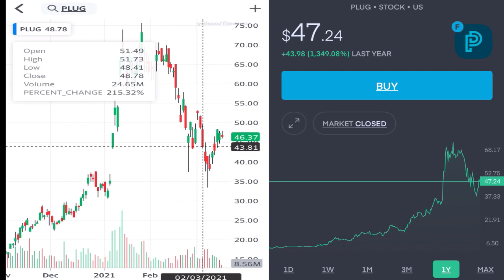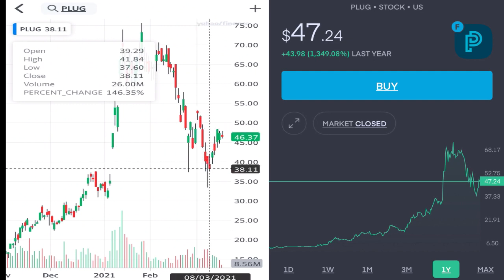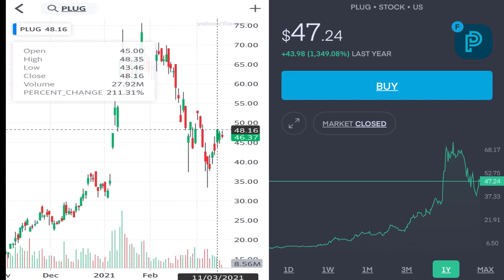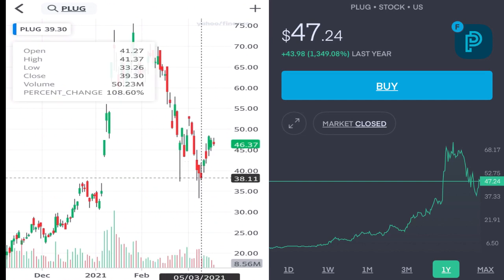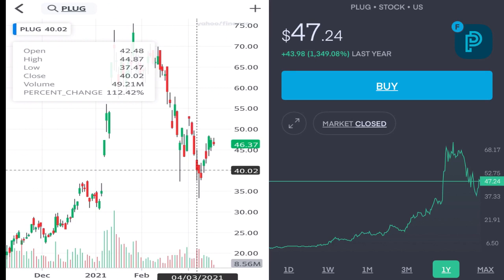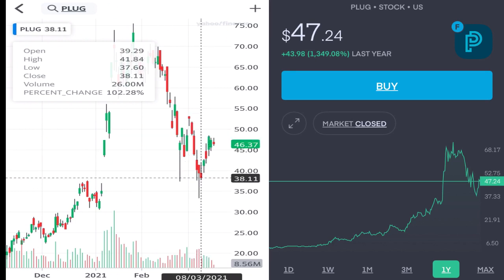But since around here, we've seen quite a bit of a pullback, and it's gone from the $38 mark back up to the $46 mark. So we've not got the same amount of trades also, so not as many people are buying it. But I do think, with the price being so low, more people probably will look at this stock and see it as a buy if they do their own research and see where this company is headed in the future. So right now, I do think this sort of signal here is a good sign for the stock,